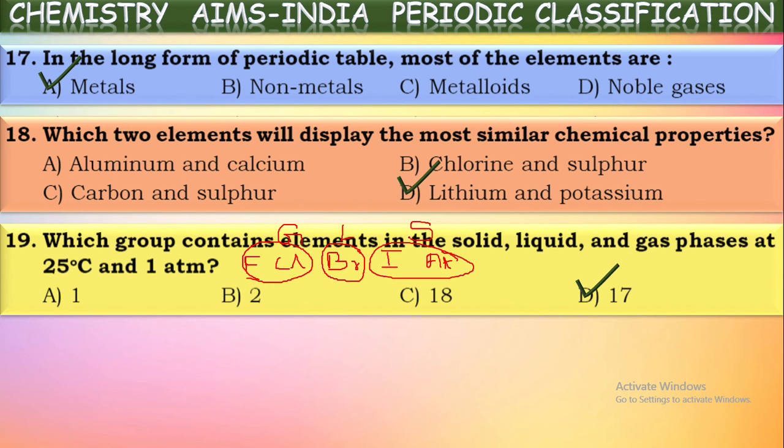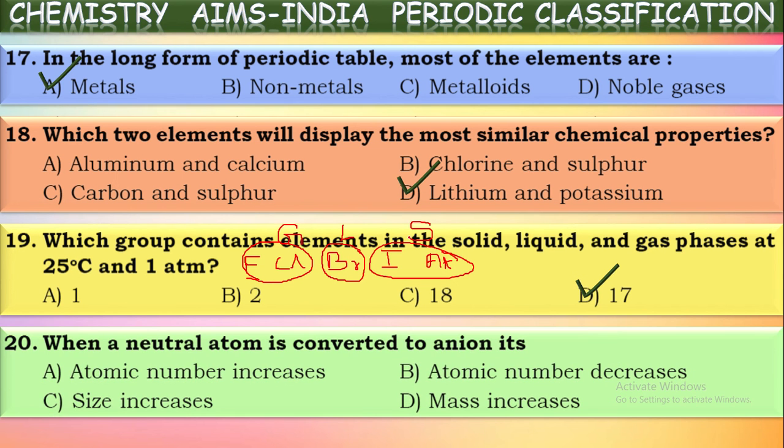Okay. Next, when a neutral atom is converted into an anion, converting into an anion means gaining one electron. So when a neutral atom is converted into an anion, that means it gained one electron. As the number of electrons increases in an atom, its size increases, because there exist some repulsions between the already existing electrons and the incoming electrons. To reduce these repulsions, the electrons will move a little away. Hence, size increases.